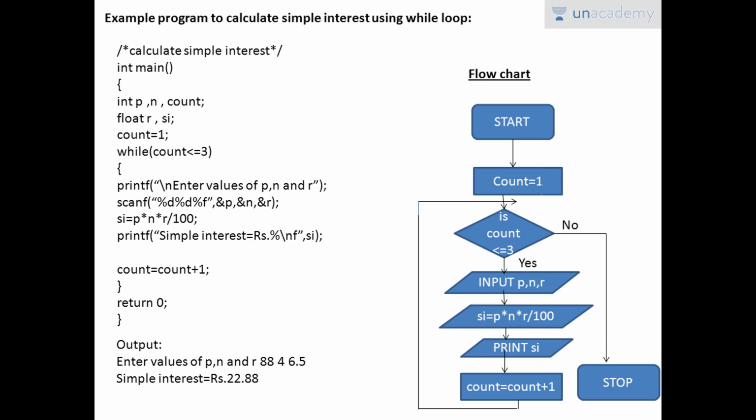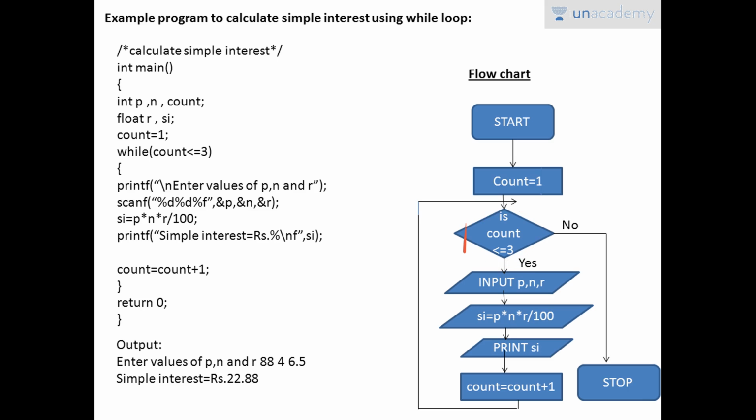I'll first explain the flowchart here rather than the program, for easy understanding. We start the program, then we initialize an expression saying count is equal to 1. We test a condition: if count is less than or equal to 3.